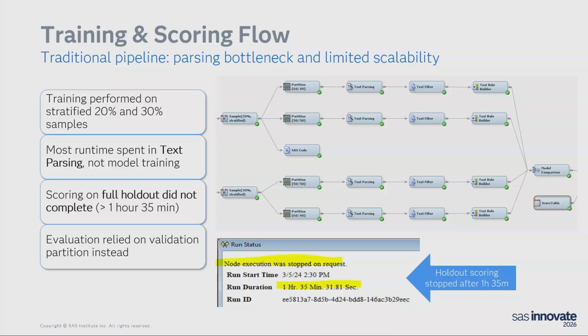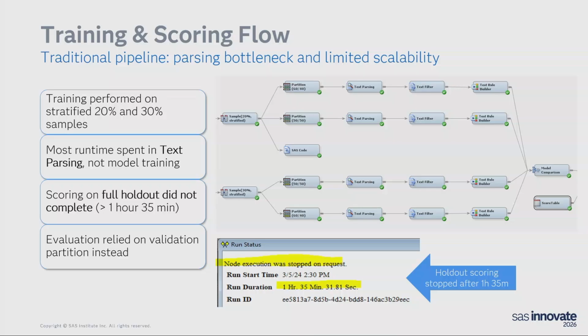To train a rule-based model, you have to use the SAS Enterprise Miner interface. You can see that you have to build all the nodes and flows to compare the models. The Text Rule Builder node requires some nodes before it, like text parsing, to do the NLP pre-processing work, followed by a text filter node.